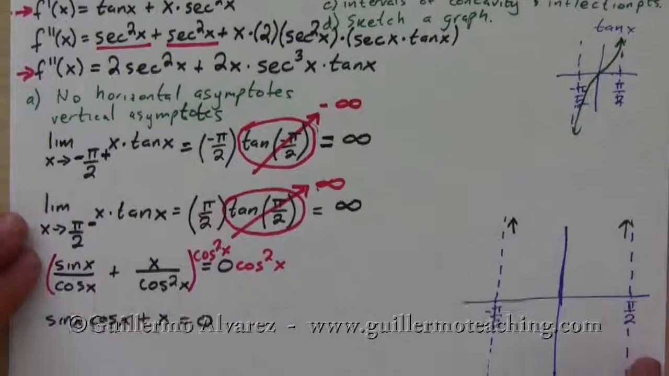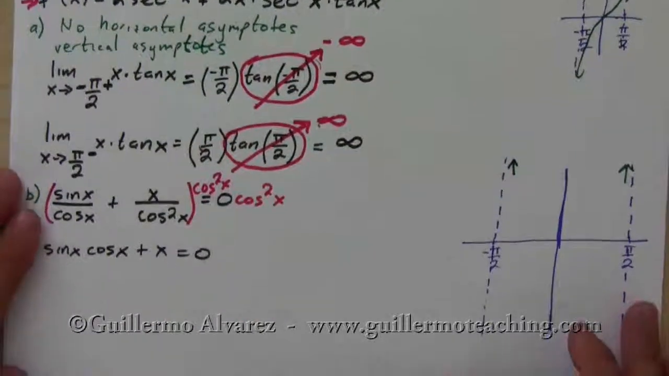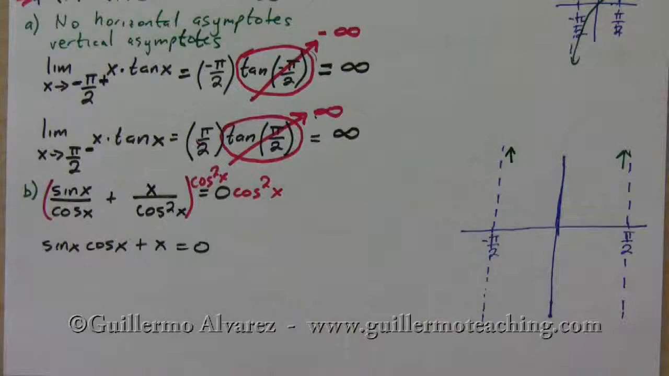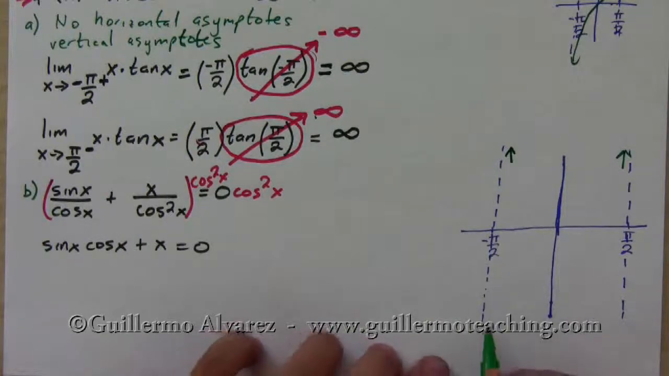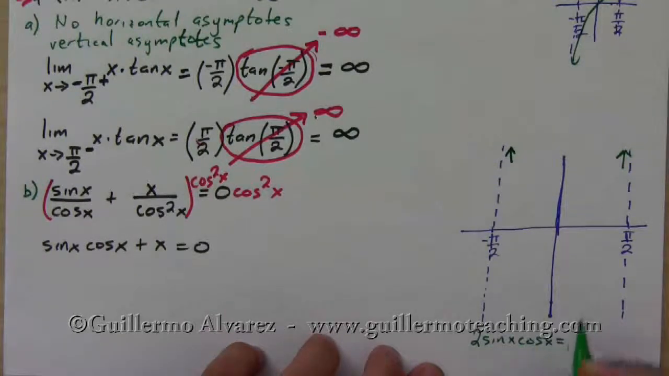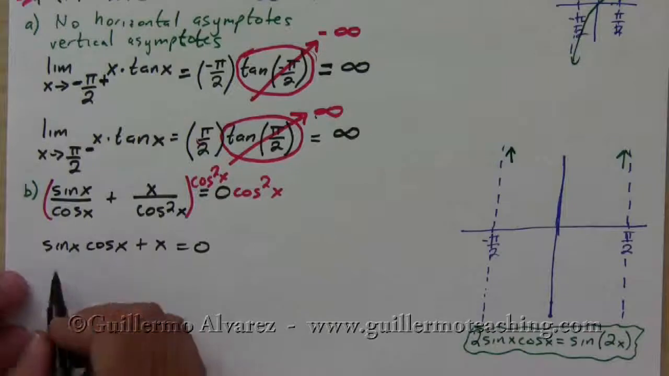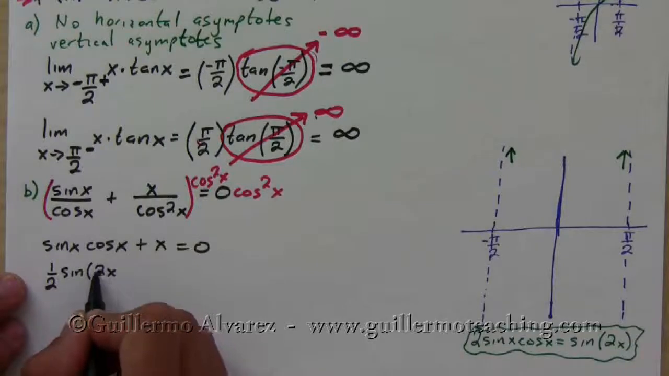Okay, so here it would be useful to remember an identity. Notice that sine x cosine x looks like an identity. Remember that 2 sine of x cosine x is equal to sine of 2x. This is one of the identities that you're supposed to know, but we can use it because if you divide both sides by 2, what you get is sine x cosine x equals 1/2 sine of 2x. So what we have is that 1/2 sine of 2x